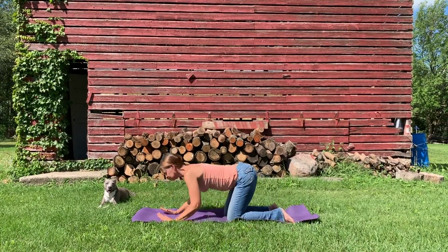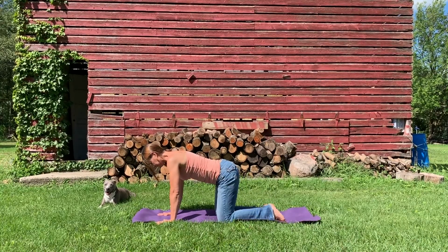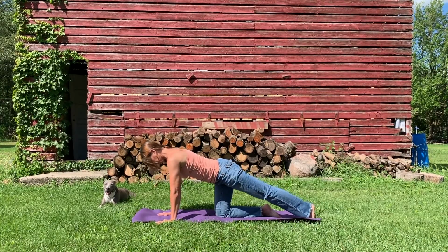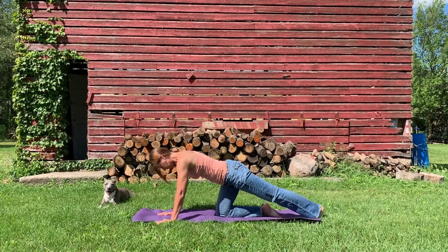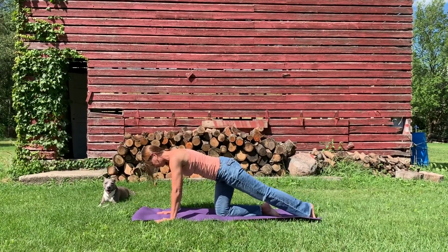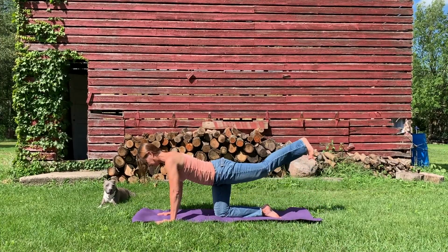Inhale back to tabletop, but this time stay there, and extend your left leg straight back, curling your toes under on the ground. Just rock back and forth on the foot, stretching the calf and the sole of the foot back and forth. And after a few times, pause in the middle, extend your left leg parallel to the ground,